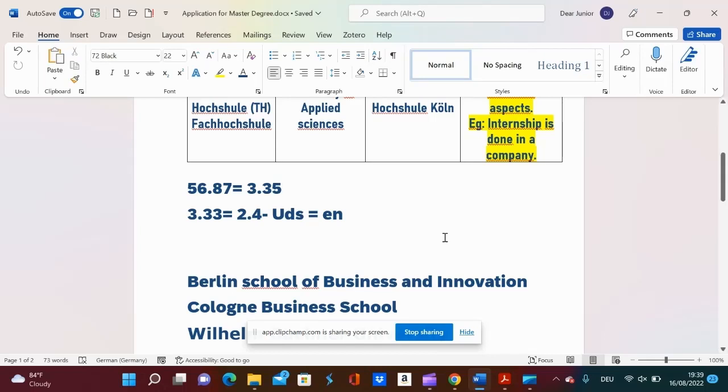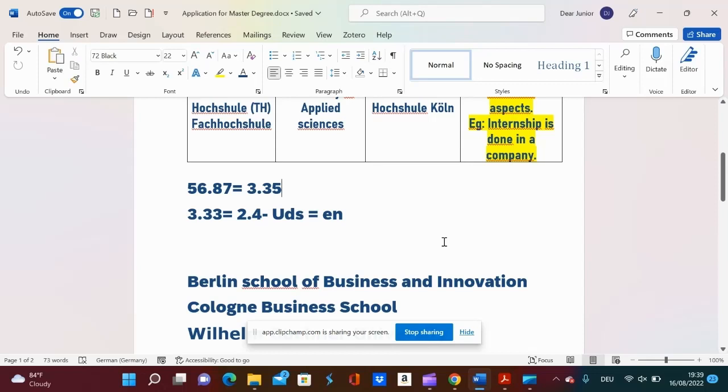But when it comes to uni assist, please do not apply, because uni assist will not forward the application to the respective school since you did not meet the cutoff points for the grade.